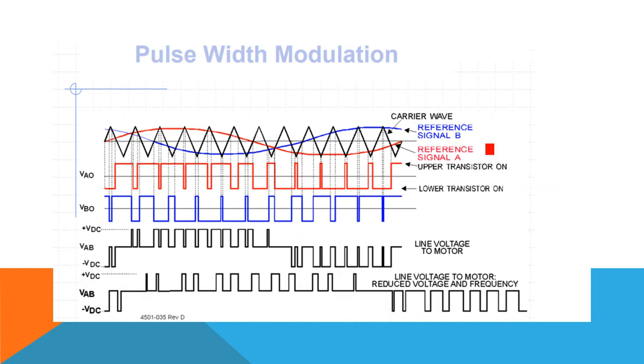And for creating that output, there will be a reference signal. For effectively showing two phases, we will be having two reference signals. This is only a signal, it is not having any power, and a carrier waveform will be there like this. So depending on the frequency of the references and the carrier, wherever the carrier is cutting the references, we will be getting generation of pulses. So the on time and off time is controlled by these reference signals and the carrier waves. And based on that, we will be getting positive cycle and negative cycle.